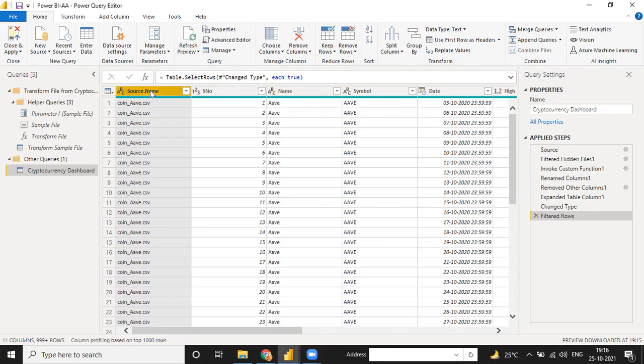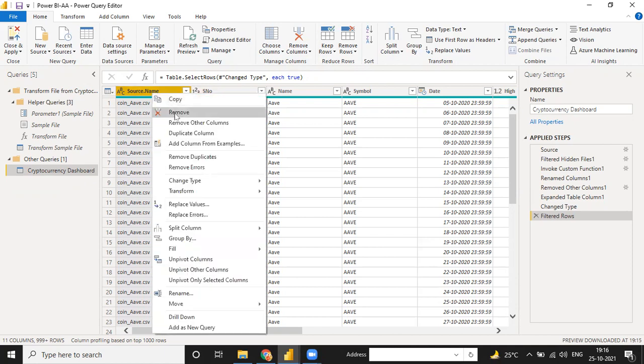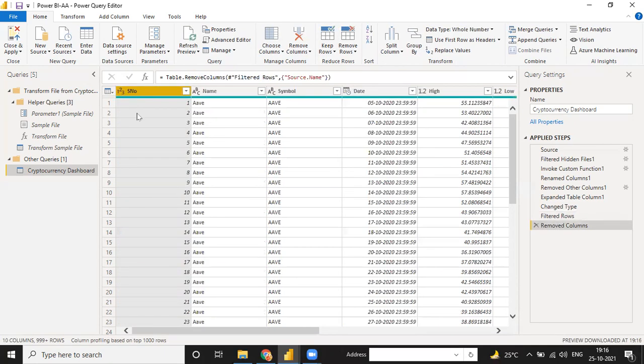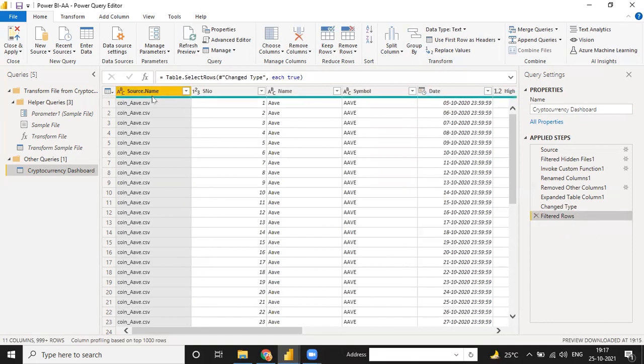I just click on this, and there is an option here, remove column. Either you go to remove column, or you can click on this and right click, and you have remove. And whatever step you have done, all the steps will be recorded here in applied steps. Okay, so when I click on this minus, your step will go back.